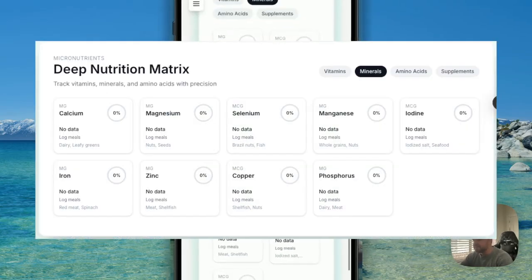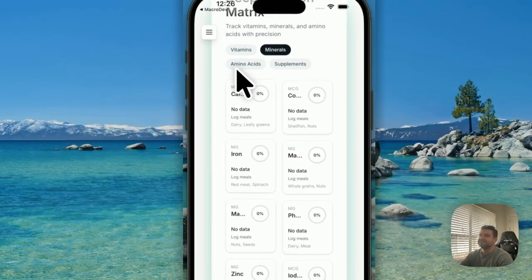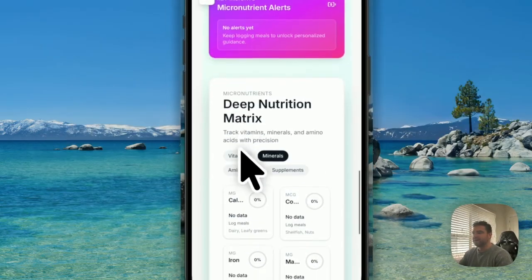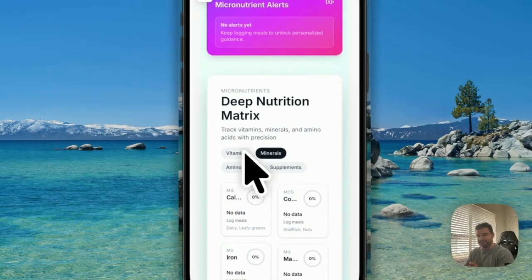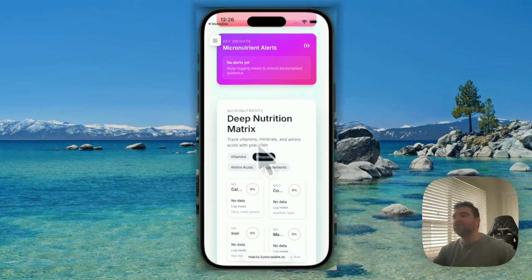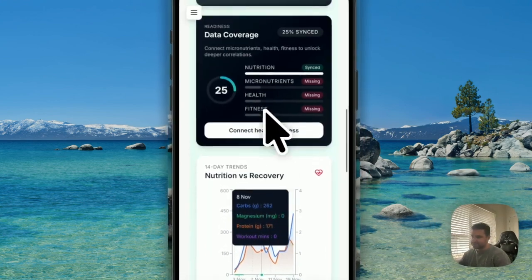Calcium, iron, magnesium, phosphate, zinc, iodine, and so on. Amino acids, we track all of it. It is all tracked and we extract every bit of information. Alcohol, caffeine, everything you can think of, we track, and it's all in this deep nutrition matrix. So